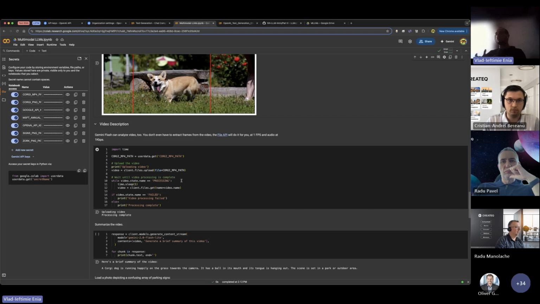You don't have to process frames like we did before with OpenAI. You can use the files API from Gemini. It will extract the frames automatically for you, and it also passes the audio signal. When we extracted the frames for OpenAI, we just had the frames. We don't have the audio signal anymore. Now, the files API will extract the images at 1 FPS and audio at 1 kilobyte per second for you.